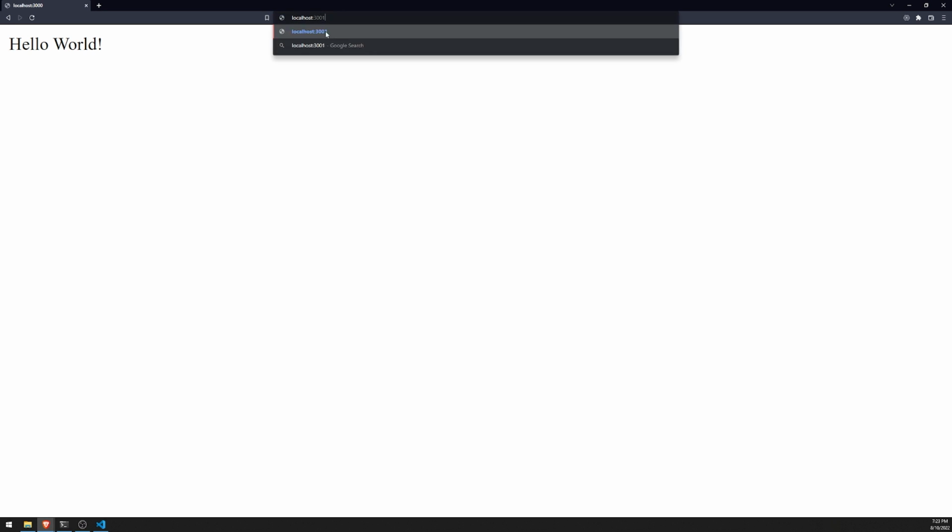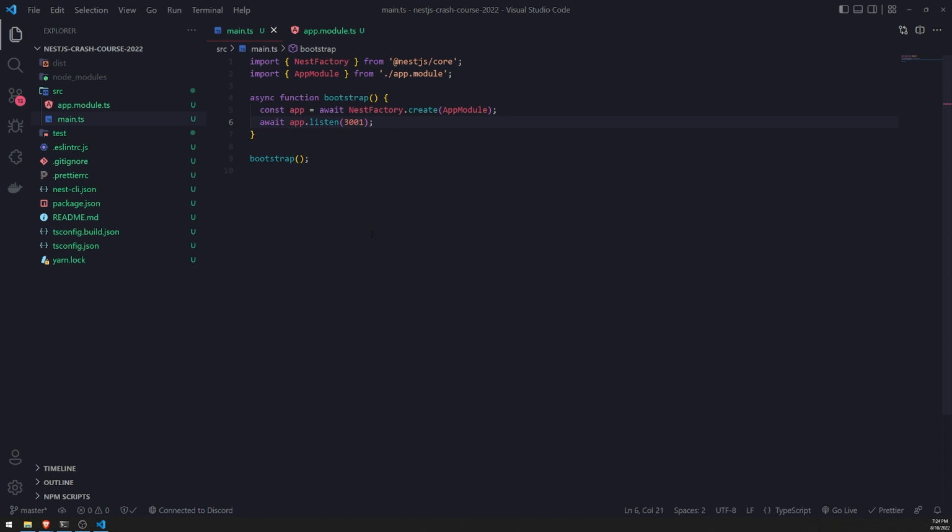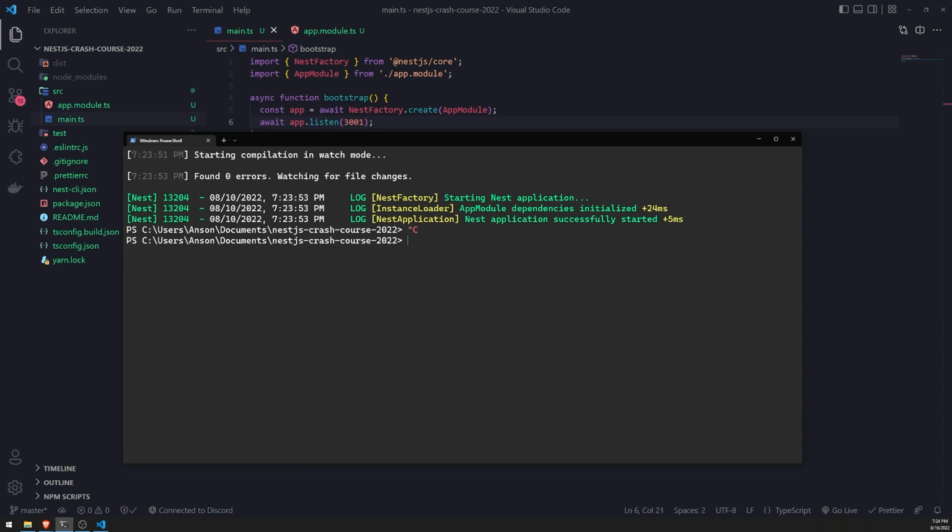Although nothing will return because we don't have a controller. You can see that it says cannot get, and that's absolutely fine. We're going to go ahead and create a controller right now. Okay, so let's go back to our terminal and let's exit out the application, and we're going to use Nest